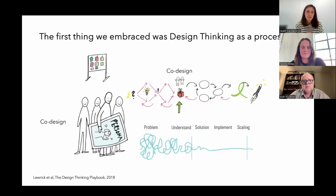And at the beginning, we really did embrace design as a process, as a structured thing to follow. And we learned all about the double diamond, divergent, convergent approach to design. The squiggle down the bottom represents it far better. And we also learnt that,